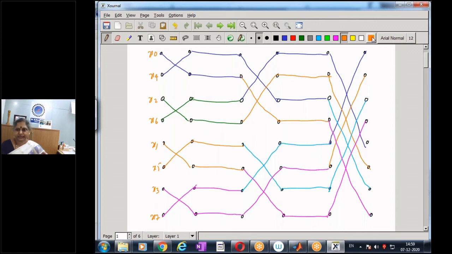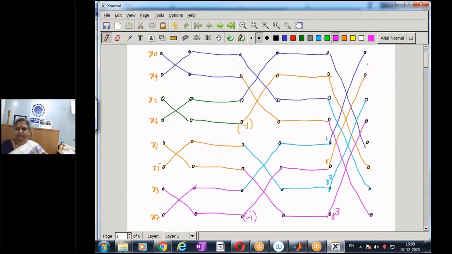In the second stage, we have this branch gain as gamma to the power of 0, which is a 1, and this is gamma, which is a minus j. So this branch has a gain of minus j. Similarly, here since they are 4-point DFTs, the branch gain is a minus j. And next here, the last stage, we have the first one as a branch gain as gamma to the power of 0, which is a 1. And this one has a branch gain of gamma. And here the branch gain is gamma square. And the last one, the branch gain is gamma cube.